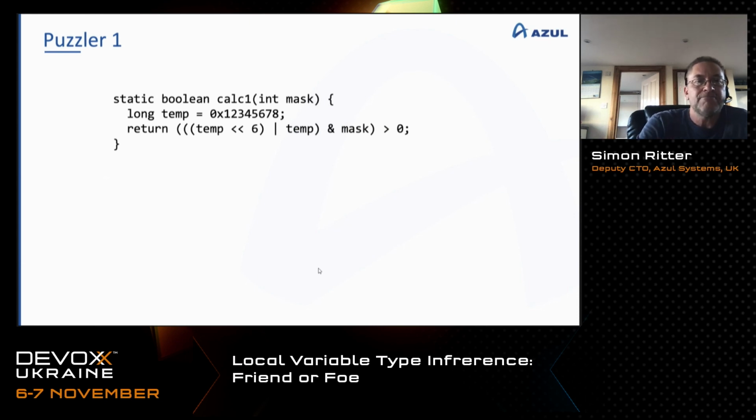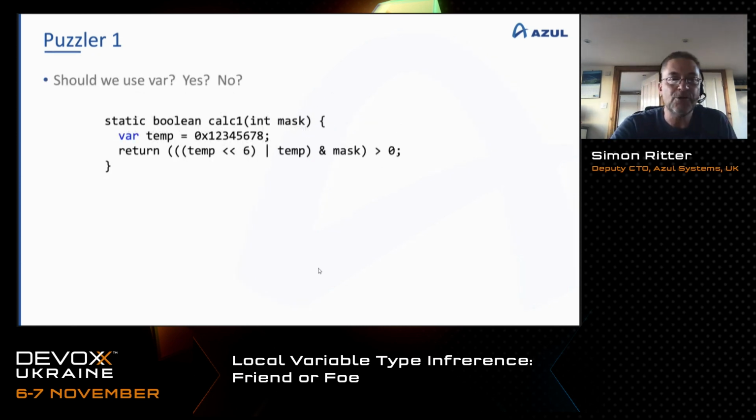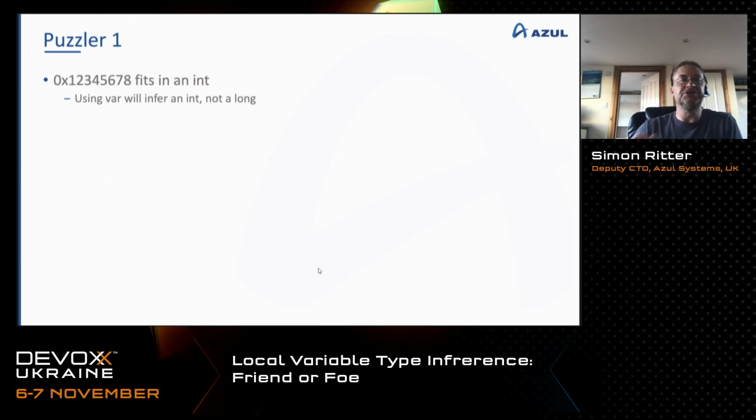So the first one is I've got a method here called calc1, takes an int as a mask, returns a boolean. And what I'm doing is I'm setting a temp here, which is 0x1234567, and then I do a complex bit twiddling thing where I do temp left shifted 6 bits or with temp, and it with mask, and then return whether the resulting value of that is greater than 0 or not. So my question is, should we use var here? Yes or no? Obviously, if you've got any idea about this, I'm sure you're thinking to yourself, yeah, that's probably not a good idea. And the answer is no, because